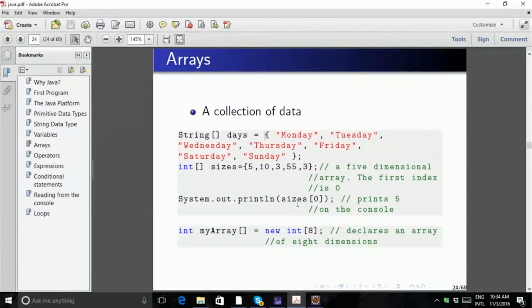If we want to access one of the variables of the array, we have to specify the index. The index always starts with 0 to the size of the array minus 1. So here the first element is sizes of 0, which is the first position. Here we specify the position. This is sizes of 1, 2, 3, 4. We can't go beyond that because our array only defines 5